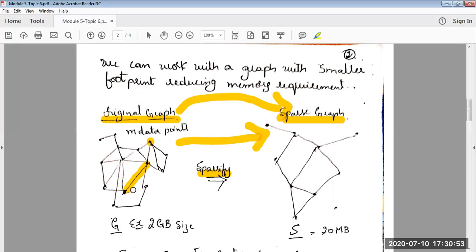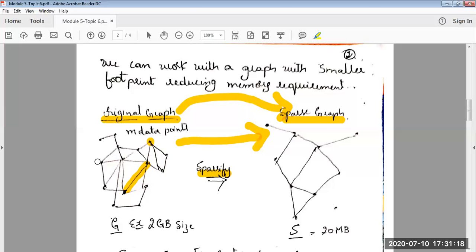If this edge has a very large number, what does it mean? It means that the 2 points which are being connected by the edge are not closely related. In that case, you can eliminate this edge. So edges with very high values, indicating that the 2 points are not closely related, you can remove.